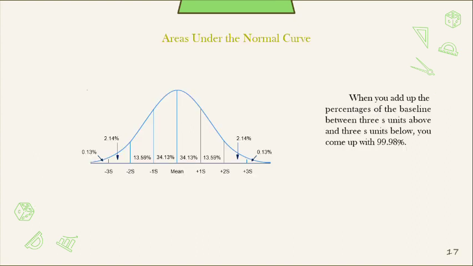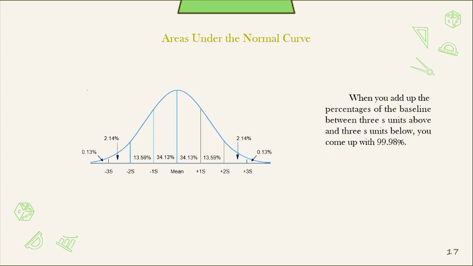So, ito po yung area niya. So, hinati siya into, ilan ba ito? 8. 1, 2, 3, 4, 5, 6, 7, 8. So, ito yung area niya. By the way, itong sa baba, di ba merong mean, negative 1s, negative 2s, negative 3s, positive 1s, positive 2s, and positive 3s. Yan yung standard deviation. So, 1 unit lang yung